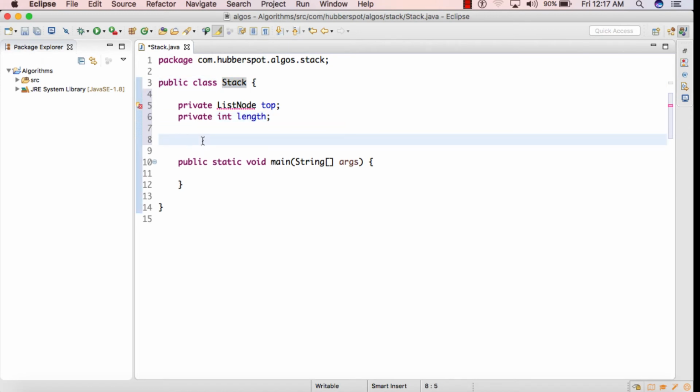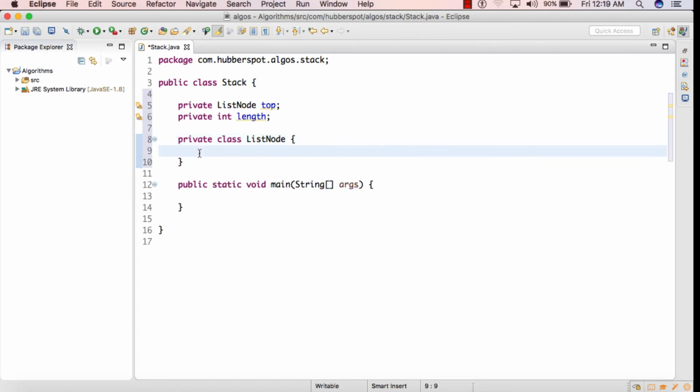So friends, as you can see, we are implementing a stack using a linked list, which is represented by list node. So we'll create an inner class of type list node. In our previous tutorial, we discussed how we can represent a list node in Java. A list node contains two things. One is the data, so private int data.